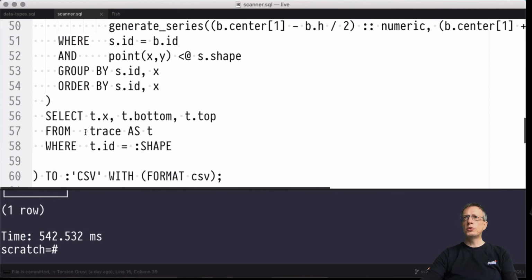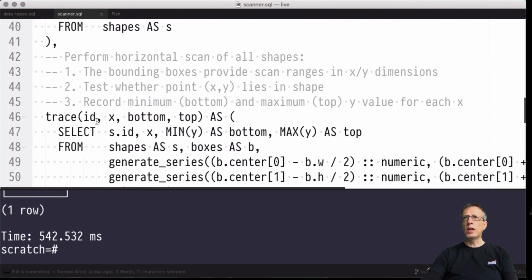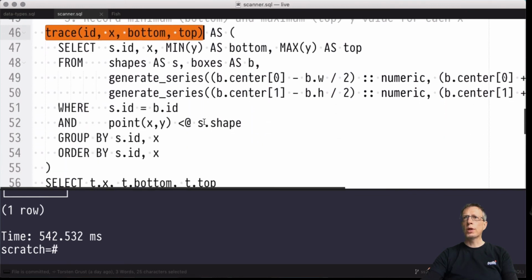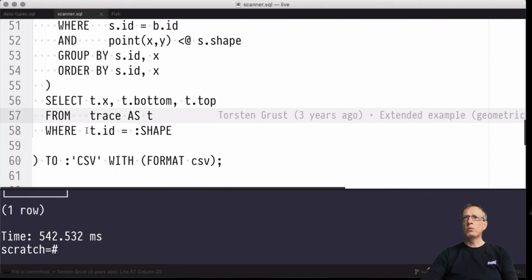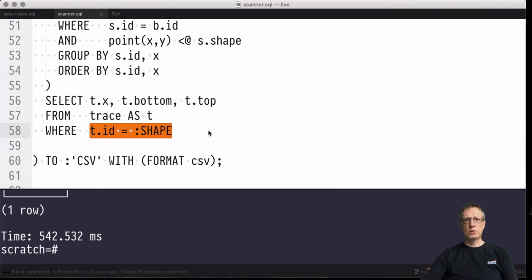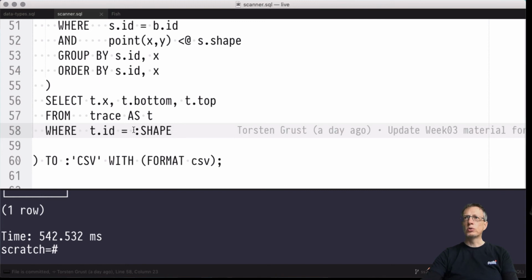So from all the traces that we have just generated, trace is the CTE name that we have introduced here. Okay. So from all the traces, we will only select that one trace that we are currently interested in, the value bound to variable shape. I think it was 1 defined above at the file. And for